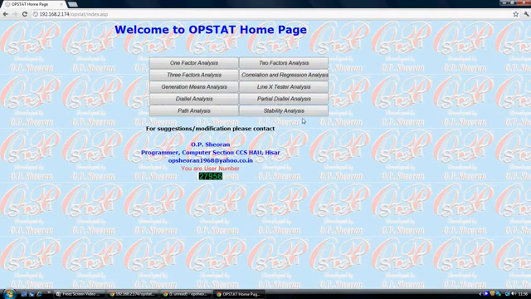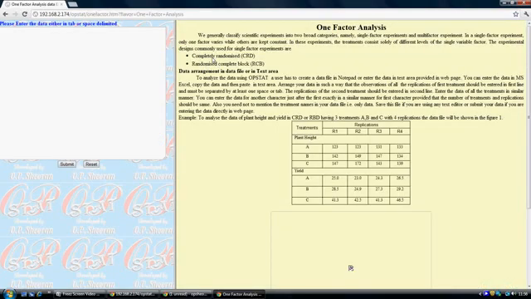This package provides an online help file with each and every method. So before analyzing your data, you read the help file of that particular method. For example, if you go for one factor analysis such as say CRD, RBD, you click on one factor analysis, then on the right side you will see the help file of this tool, whereas on the left pane you will see a space where you can enter the data. Data entry